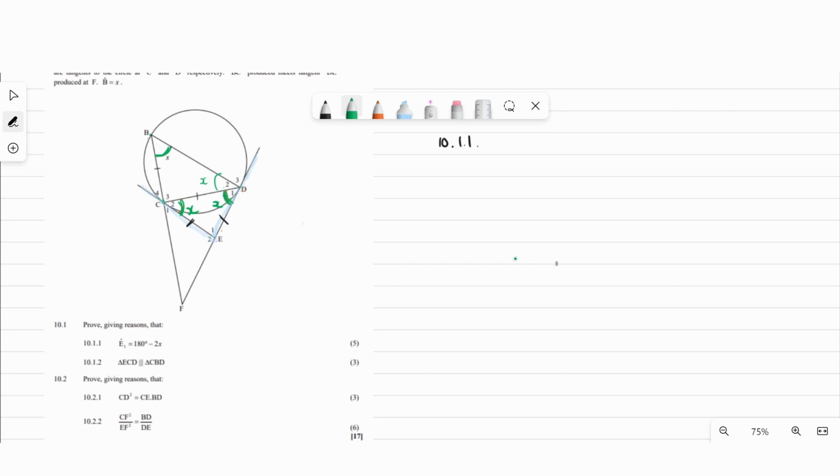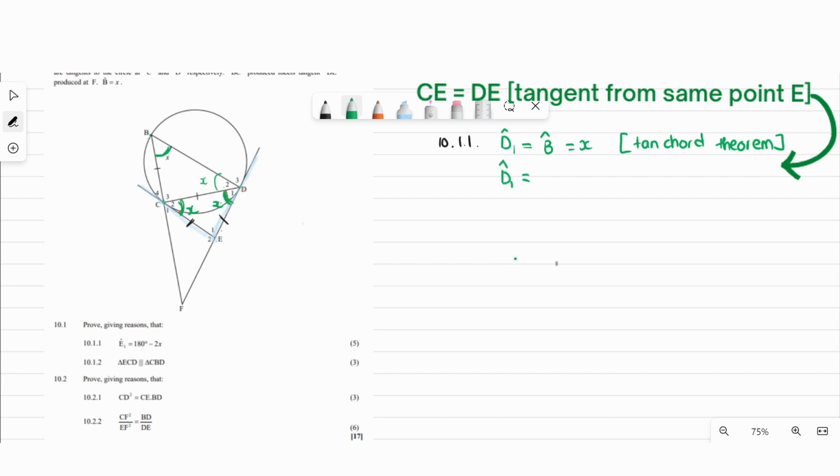What do we know? We know the sum of angles in a triangle is equal to 180. And we already have 2x, so it's easy to solve this. But first, we need to connect it to x. The first thing that we know is that angle D1 is equal to x, and your reason is the tan-chord theorem. Then we also know that angle D1 is equal to angle C2, which is equal to x, and your reason is